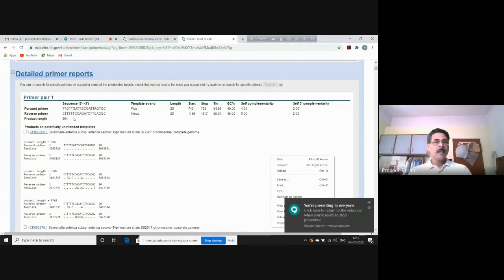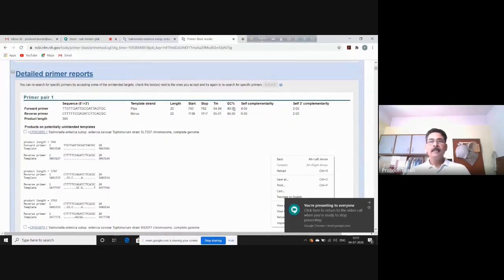You see the primer length, it is showing as 20 and 20 for both. It's okay, fine, good. Then the product length is 394. We have set between 300 to 500, so it is between that, so it's okay. Then TM value for both of them is around 55, the optimum TM value that we have set.